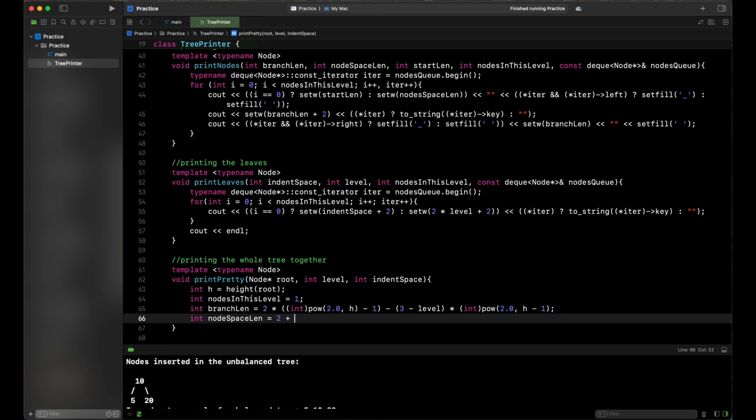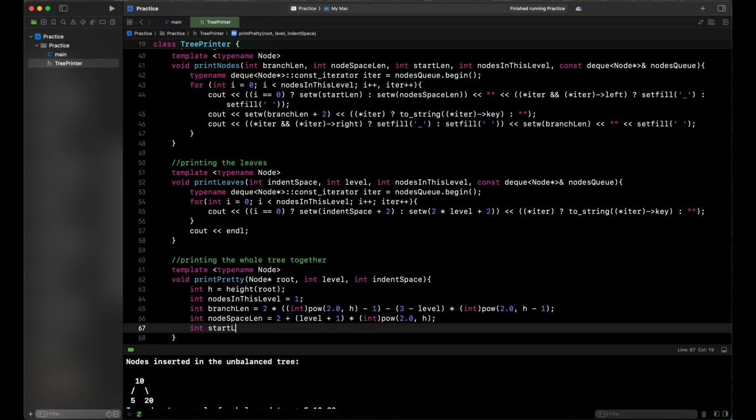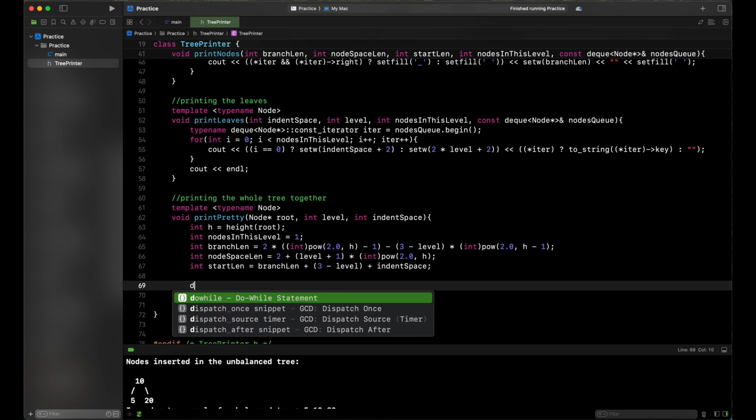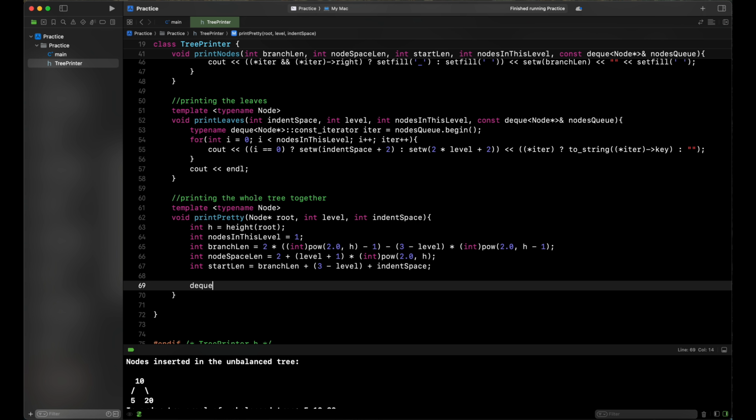2 plus the level plus 1 times int power 2.0 with respect to the height, int start length equal branch length plus 3 minus level plus indent space, dq with respect to the node, nodes q